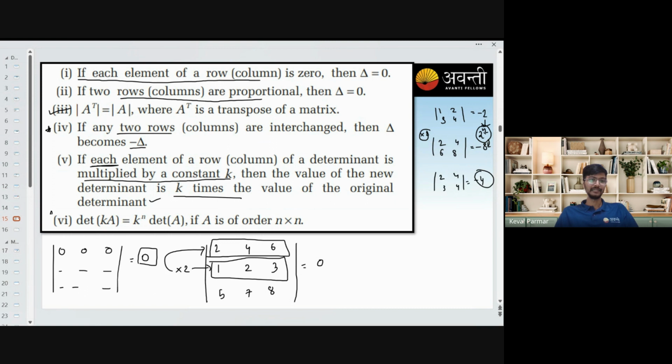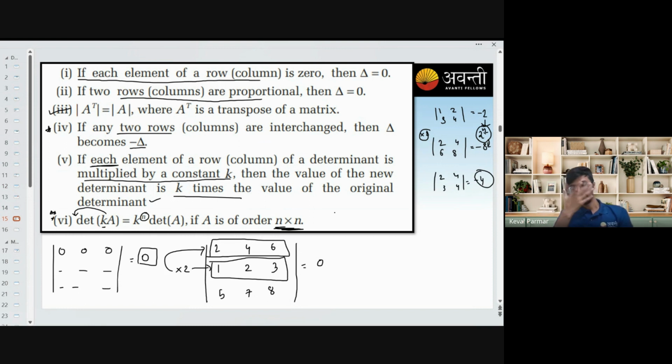After this is a very important property. This property is basically used when we don't have the values in the determinant, that is, when we have a matrix. So if k is any constant and we want to find the determinant of k times A, where A is a matrix, then we can take k outside with the power n, where n is the order of the square matrix